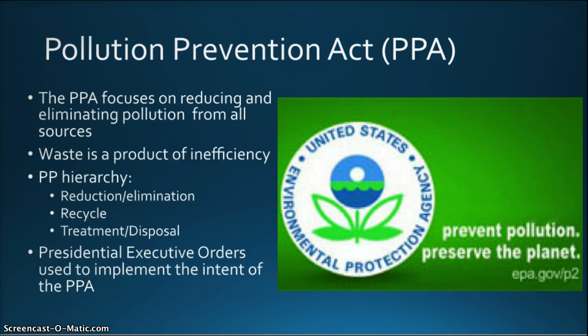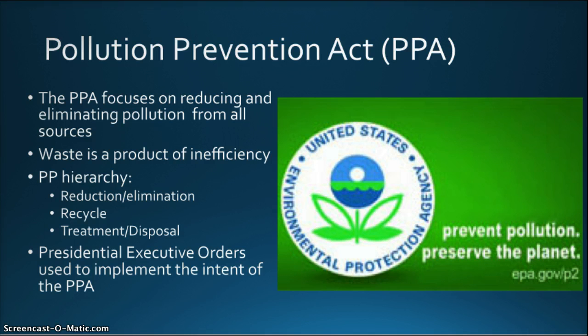The Pollution Prevention Act is not a regulation where there are compliance inspections typical of the other EPA regulations. One of the few directives in the Pollution Prevention Act requires waste generators to sign a statement for each waste shipment that testifies the generator has a program in place to reduce and prevent pollution. The Pollution Prevention Act is often implemented by executive orders, EOs, and each president since its passage has issued at least one executive order to carry out the intent of the Pollution Prevention Act.